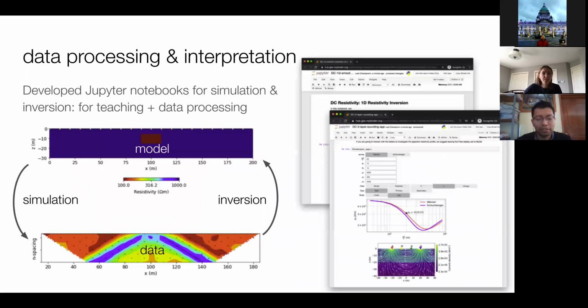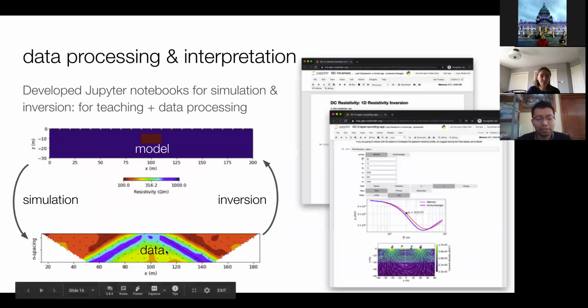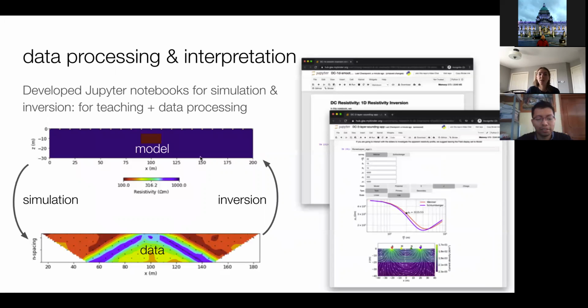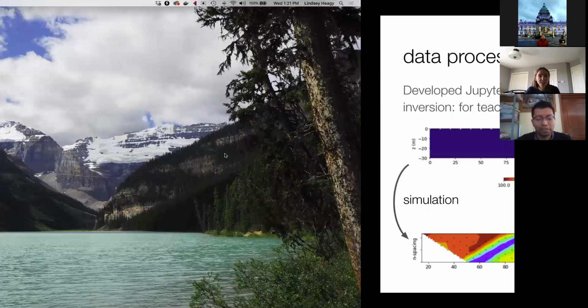So what we've done is, in order to work with these data, we developed a suite of Jupyter notebooks for actually running these simulations and inversions, both for teaching, so being able to go in, visualize currents, visualize some of the fundamentals of DC resistivity, but then also for working with these data. So to be able to go from the collected data back and try and estimate a model. And so what I want to try and do is actually pull up one of these notebooks to show you. So let's see if